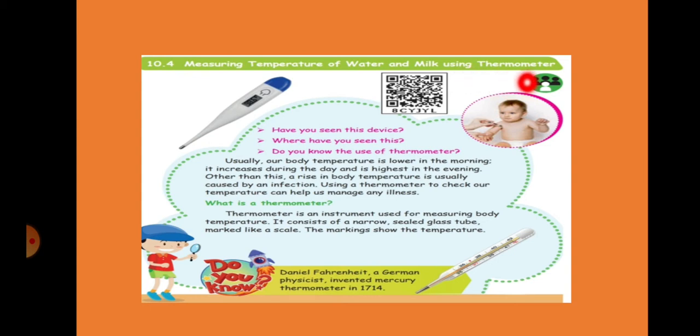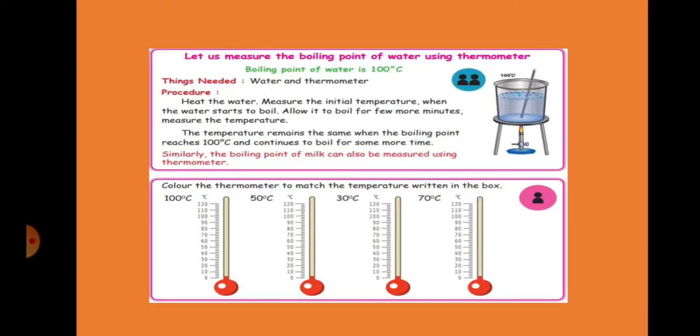Using a thermometer, we can measure temperature. It is an instrument used for measuring body temperature, right? It has a narrow sealed glass tube marked like a scale like this. The markings show the temperature. So we can use this thermometer for measuring body temperature. Understood? See here, now in this lesson we are going to learn about